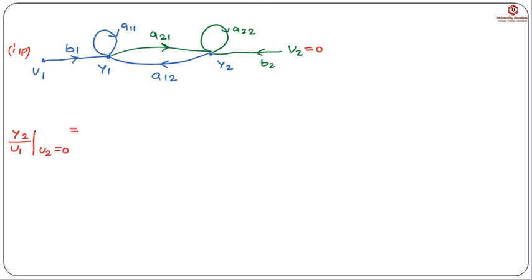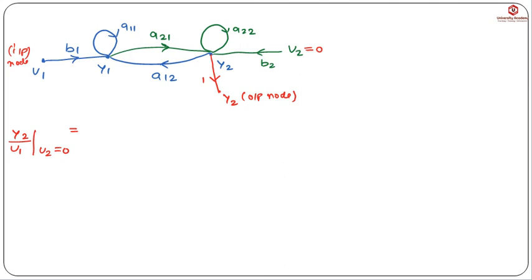And here y2 is not an output node, because both incoming and outgoing signals are present. So now we have to extend this y2 node with unity gain. Okay, so this is y2 and it is extended with the unity gain. Now this will become an output node. Okay, this is the input node. Now u1 is input, y2 is output, so we have to find the forward path gain.